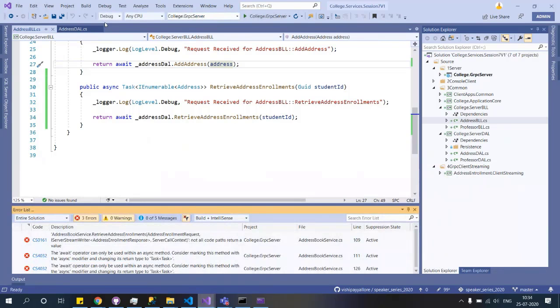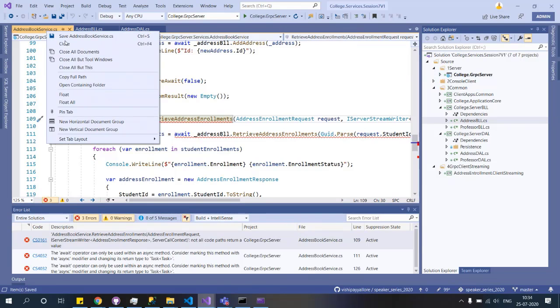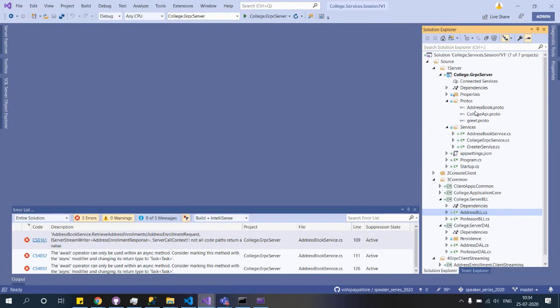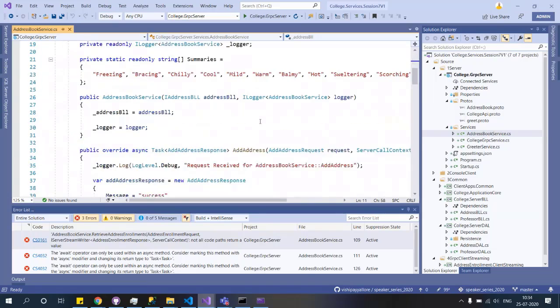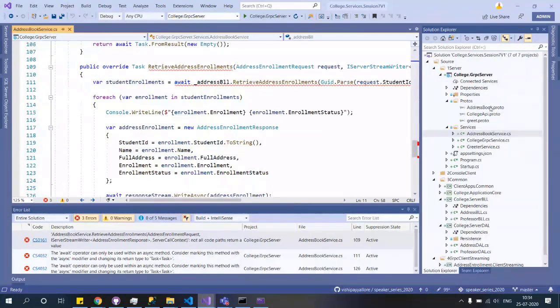Okay, there are a couple of not reachable codes. We will fix it, not a problem. What is the first one? It's add enrollment service. Oh, it's on the service side. Didn't we add this on the service side? We close this. Yep, we added it.